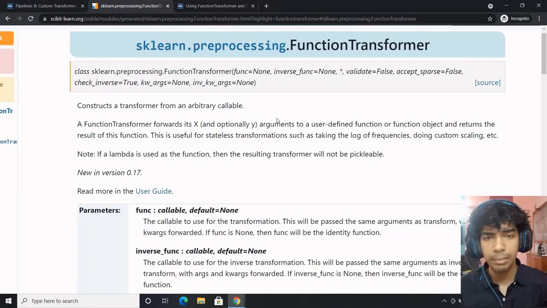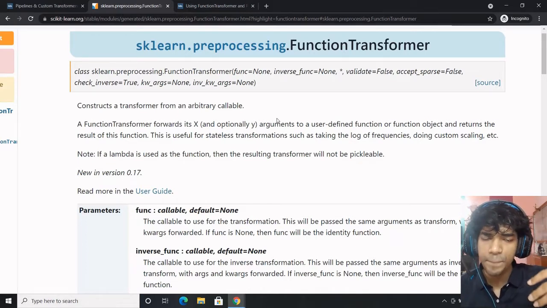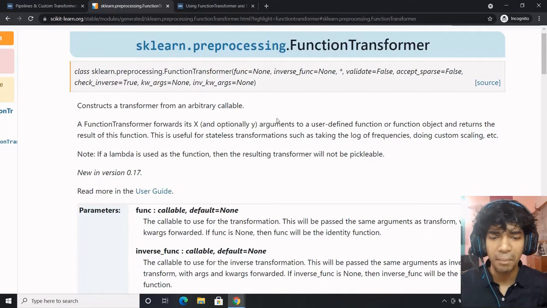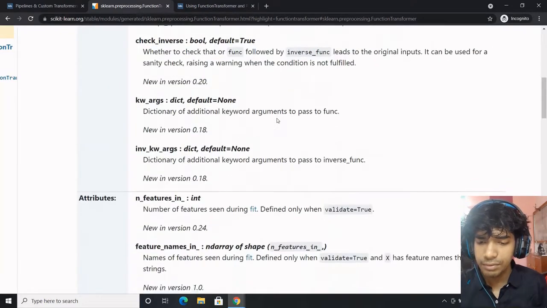So this is something where you define a function and pass it, rather than using the apply function over all the columns separately. Function transformer lets us do it in a transformer style, in a better sklearn manner. So that's what a function transformer is, in a very brief and superficial overview. Let's get started with function transformer.